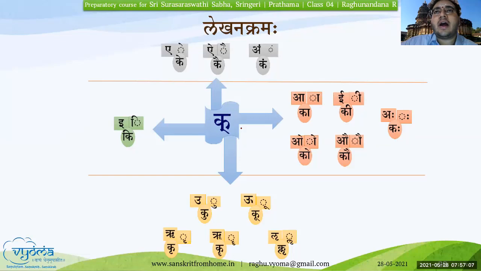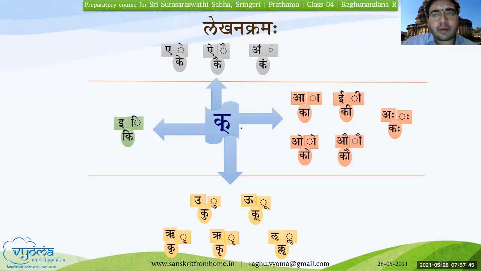There is no simple or easy answer to make you understand it very well. What you can think of is that, based on some of the grammar rules, this classification has been made. That is one point to note. The application of Karkasha Vyanjana and Mridu Vyanjana comes in while we learn about Visarga Sandhi. This is one hint I'm giving you, though Visarga Sandhi is not covered in the Prathama class.